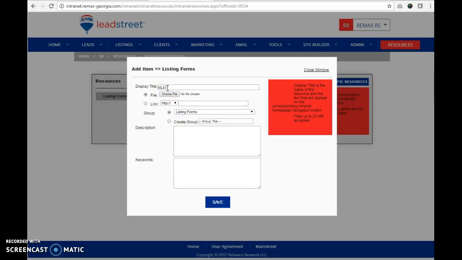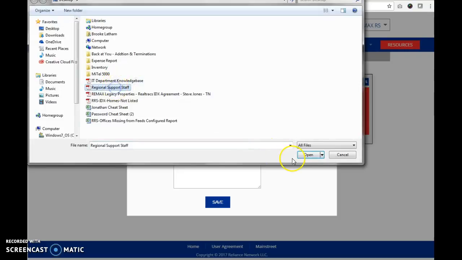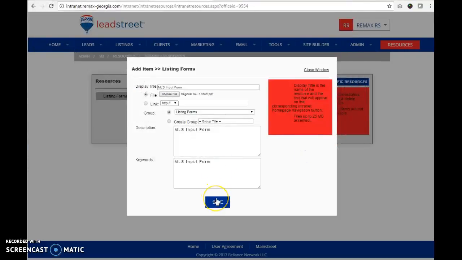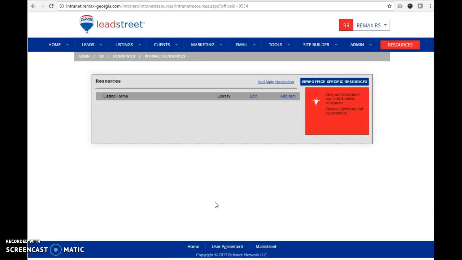I did that a little bit backwards. I'm a little rusty at this myself. So what it did is I had to create a group before I could, so I created my group. Now I'm adding it to the group. I'm going to choose my file again, which is my support staff PDF. Now it will take any type of file, as long as the person can open it on their computer. So it can be a PDF, it can be a video file, it can be any type of information